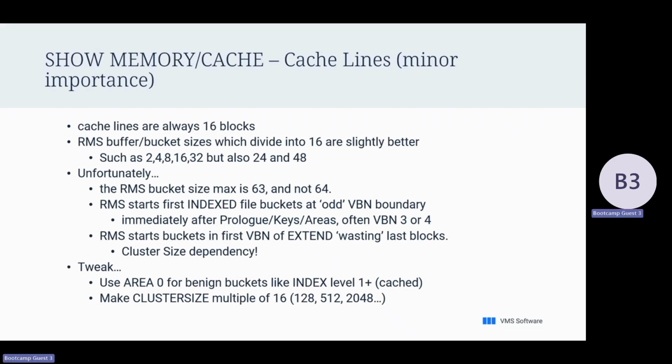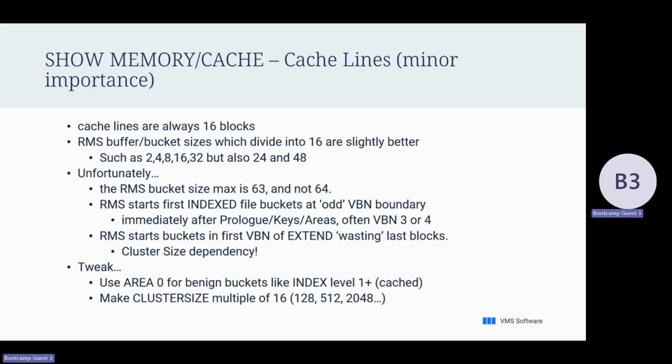Another tuning angle on RMS, and let's see if I can fit this into 20 minutes. The XFC again, the cache lines are always 16 blocks. What I told you earlier, if you went to the presentation, is that the cluster size is not important. Here's where the cluster size is going to become slightly important. This is minor tweaking, but I kind of like it. The RMS bucket sizes,